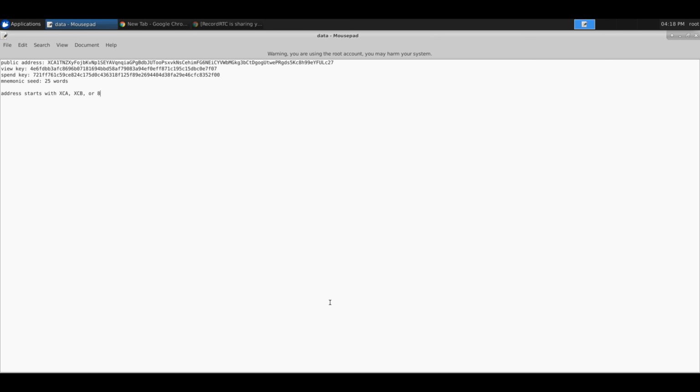The XCB, so let's talk about payment IDs. So payment IDs are basically just data that's sent with the transaction, so you can know who paid you. So essentially, at first there was just a regular, it's called long style payment ID. It's 64 hexadecimal characters. And what that does is it allows you to identify who paid you because this is